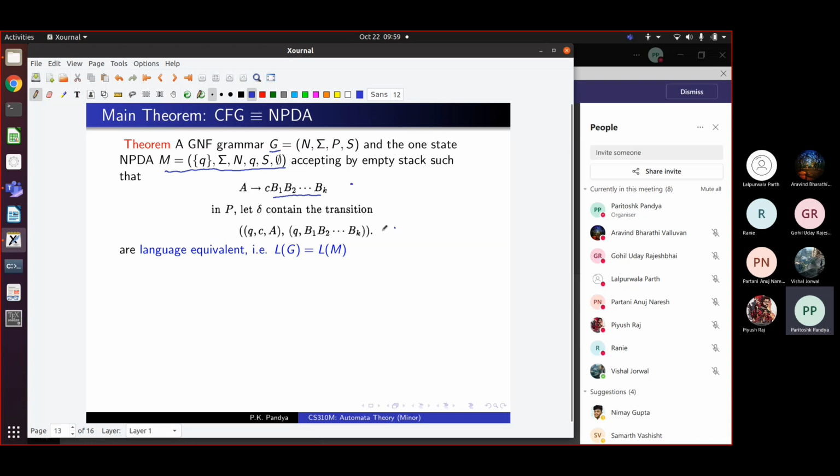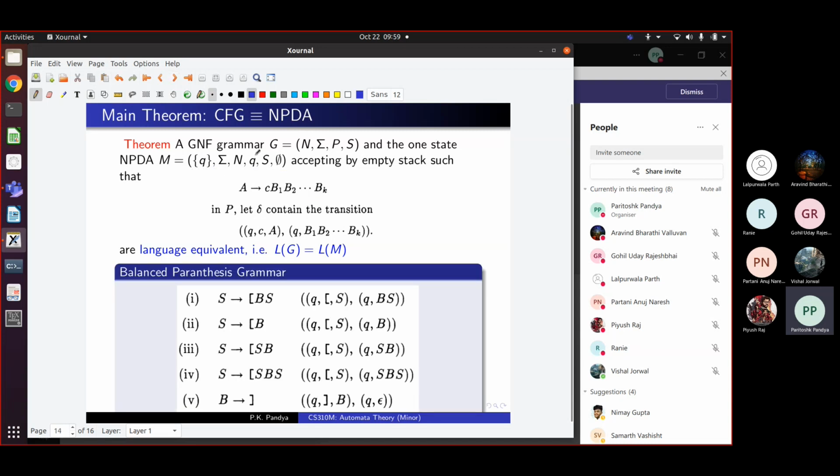If we convert a grammar to an automaton, what does it achieve? What it achieves is that it gives the same language. The automaton recognizes the same language as the grammar. Okay, so let me show you how this happens. So the theorem is that given a grammar G in Greibach normal form, which only has rules of the following form: a terminal followed by a sequence of non-terminals, corresponding to such a rule in the grammar, we will add such a transition in my automaton. And my claim is that, as a result, I will get the same language. The language accepted by the automaton will be the same as the grammar.